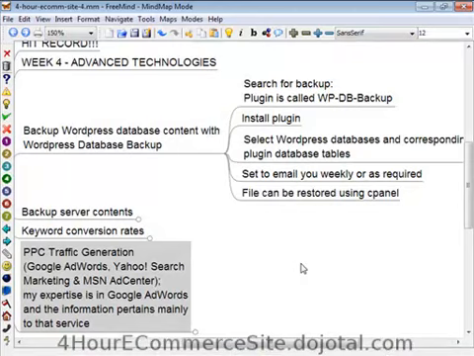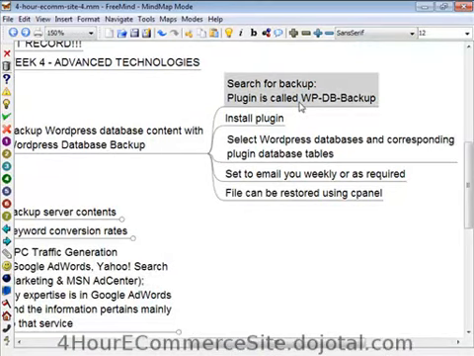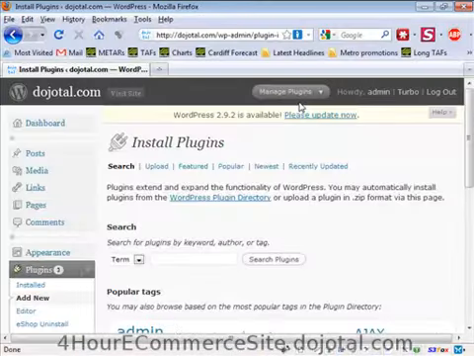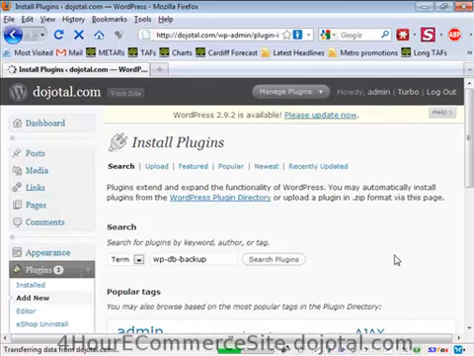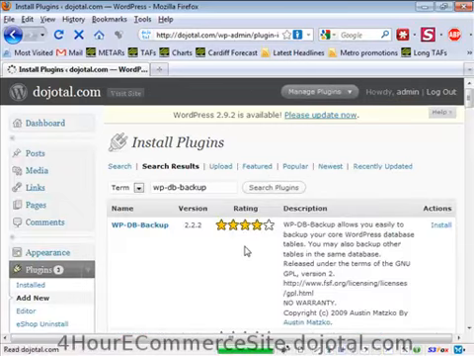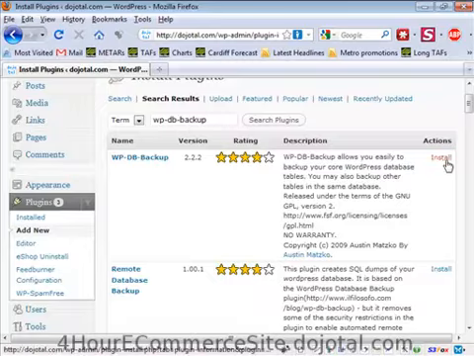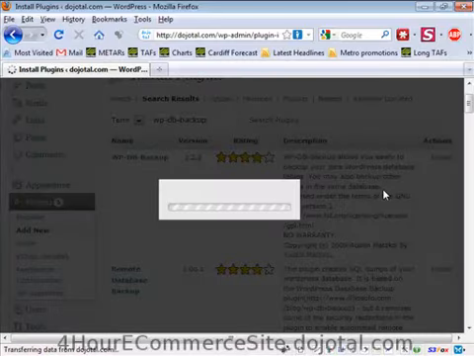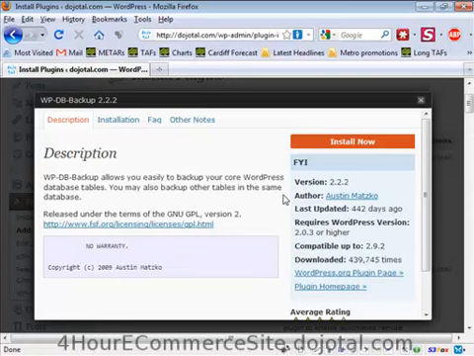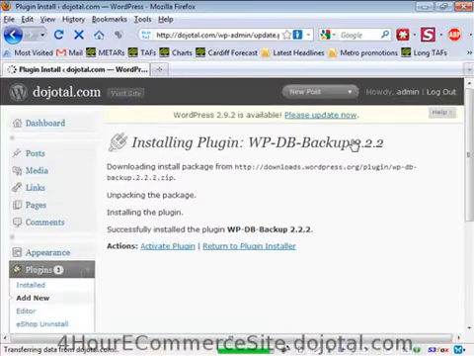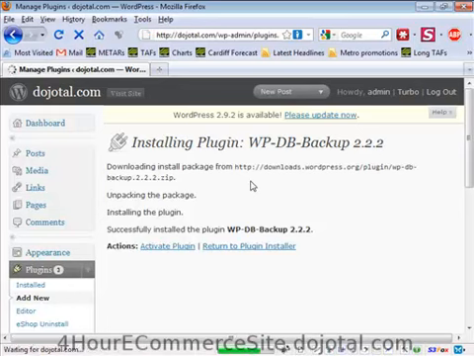And we have to probably search for WPDB Backup. We'll find it directly for us. And here it is. This is a very handy backup. It can email that backup to you on a schedule, and that's what I'm going to demonstrate today. So I'll activate the plugin,